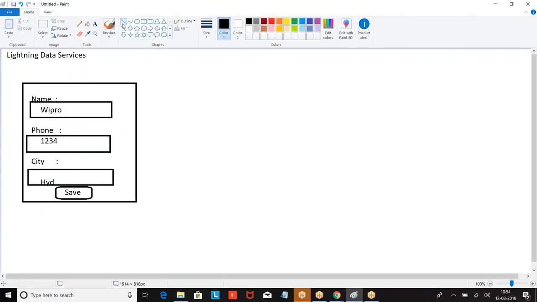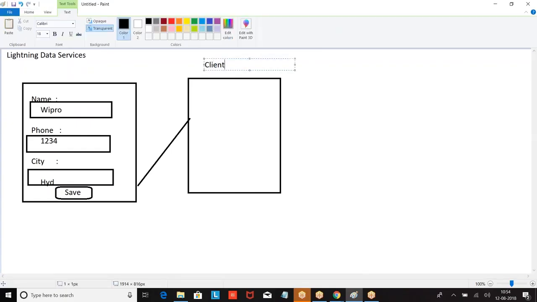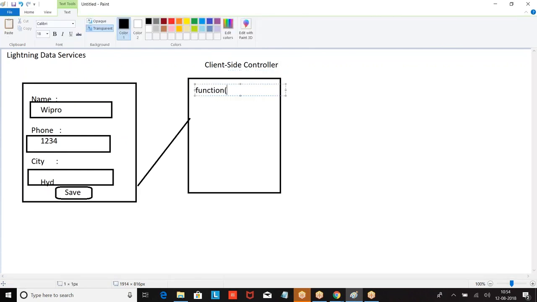It is going to call the client side controller, where the client side controller is going to call some function. Then this is going to invoke the server side controller.